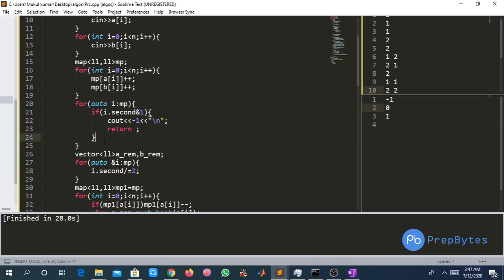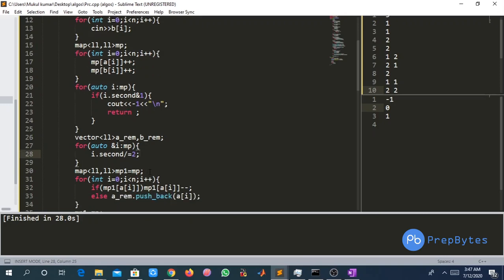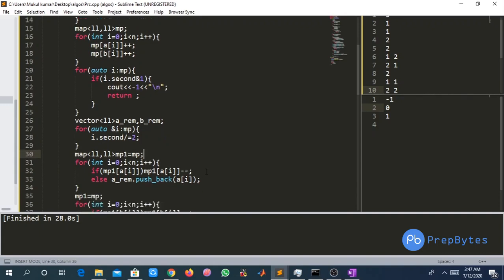So what we will do, from here, if we came here, it means that every element has an even frequency, right? So we are dividing the frequency of every element by 2, right? And then we have defined another map, and we will assign this map into this, right? So here we are storing the elements in A remaining, right?